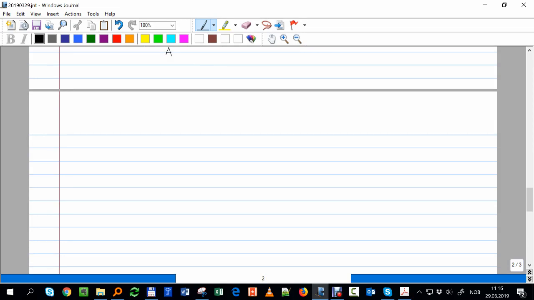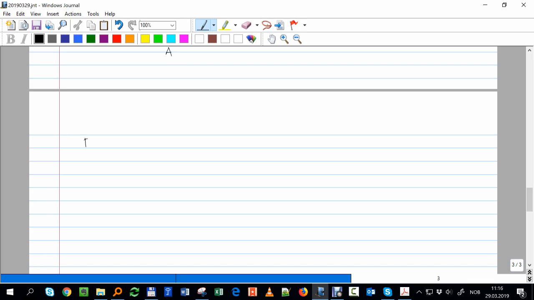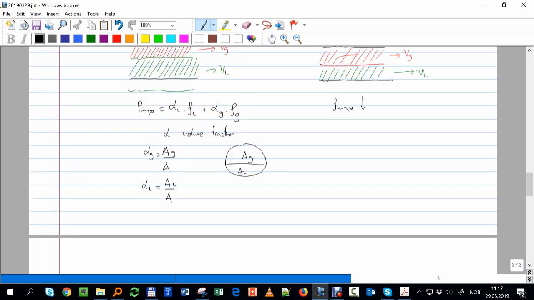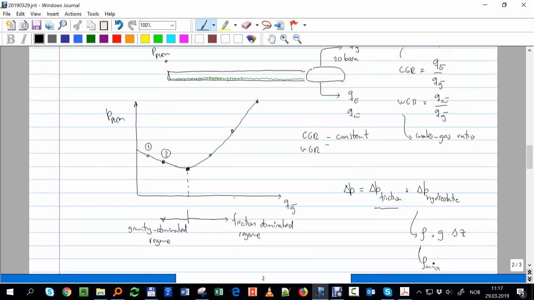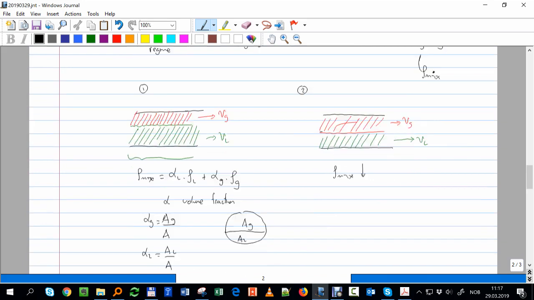So one thing you have to be familiar with if you're going to use a simulator: maybe you can use Excel for some simple cases, dry gas with oil, but in the most general case, you will need to use a simulator. The simulators use something called flow tables. We're going to go later into how you calculate each point, and you will see that it takes some effort to calculate each point in this curve. But the way they do it,